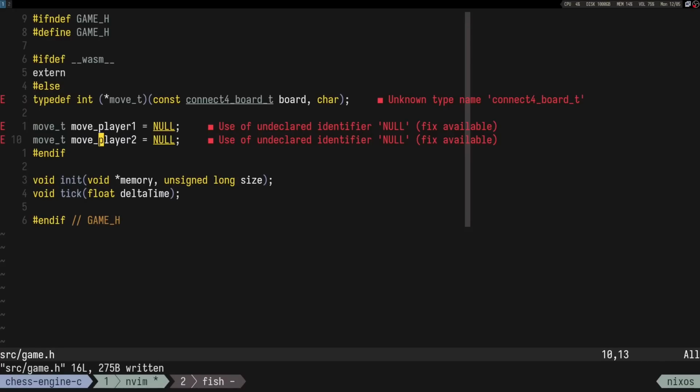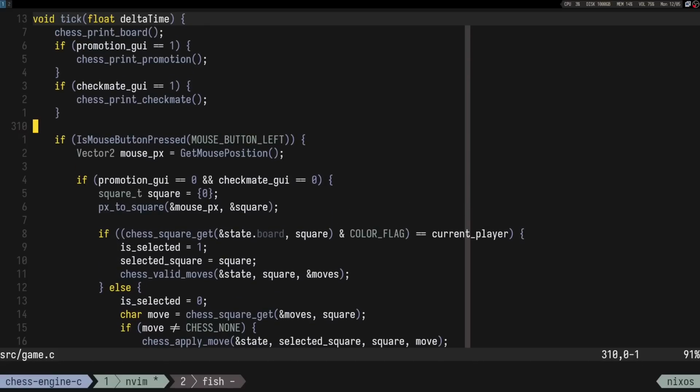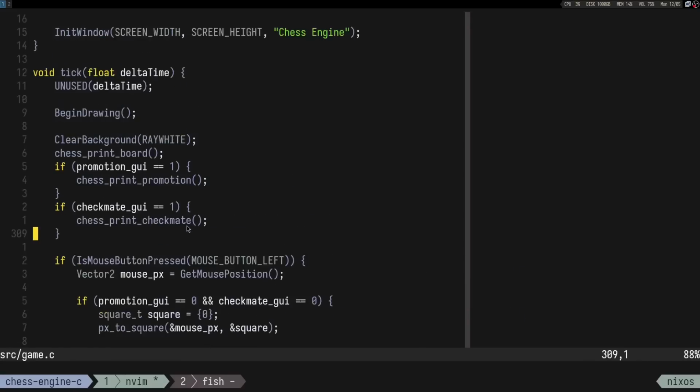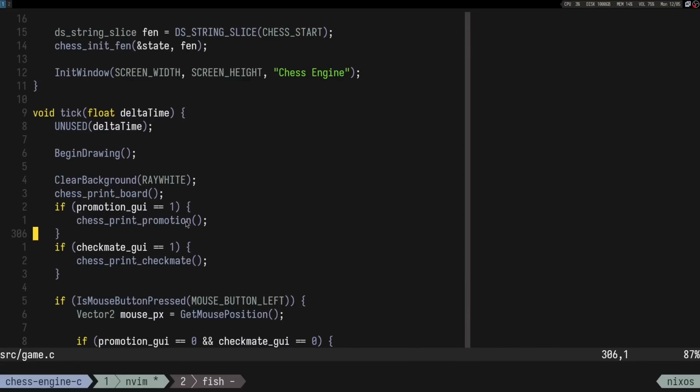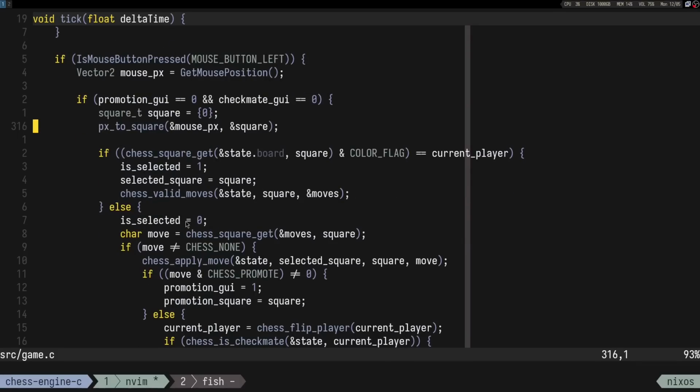So if we go to game.c, I guess the move function should return, interesting, it should give me just the square, I guess. Just the square,